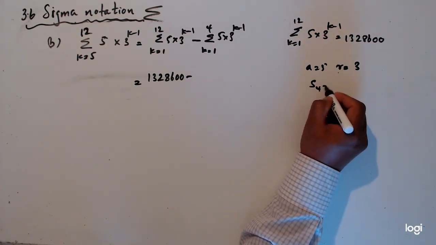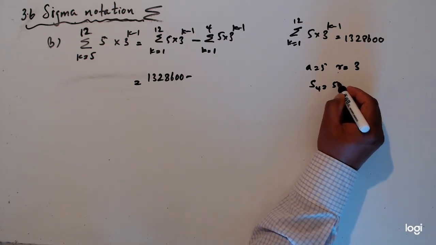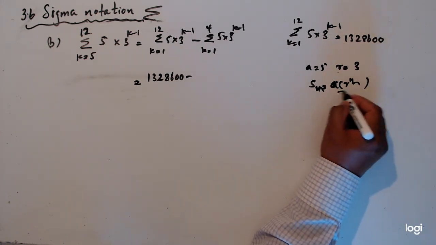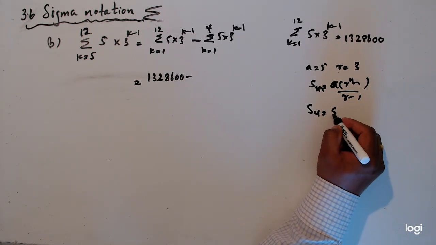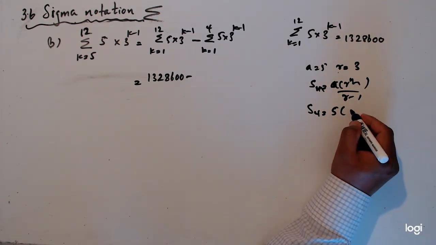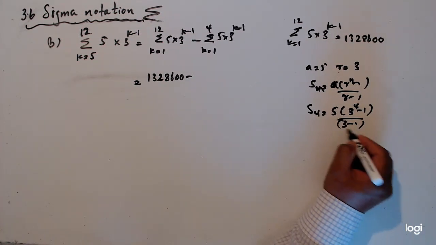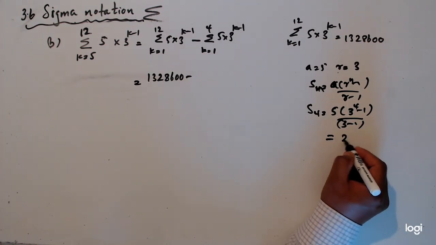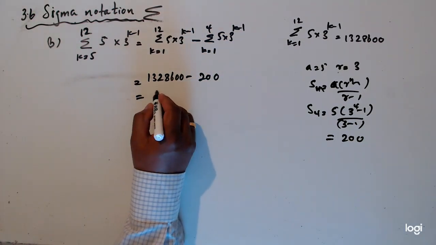So S4 is a times (r to the power n minus 1) over (r minus 1), that is 5 times (3 to the power 4 minus 1) over (3 minus 1). So you will get this answer as 200. So then minus 200,